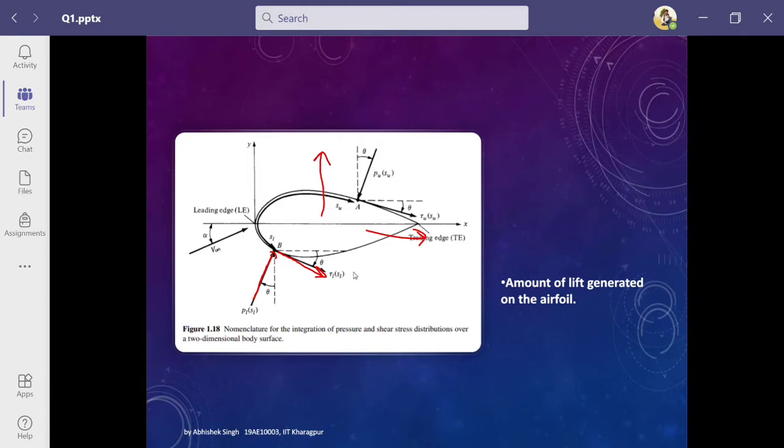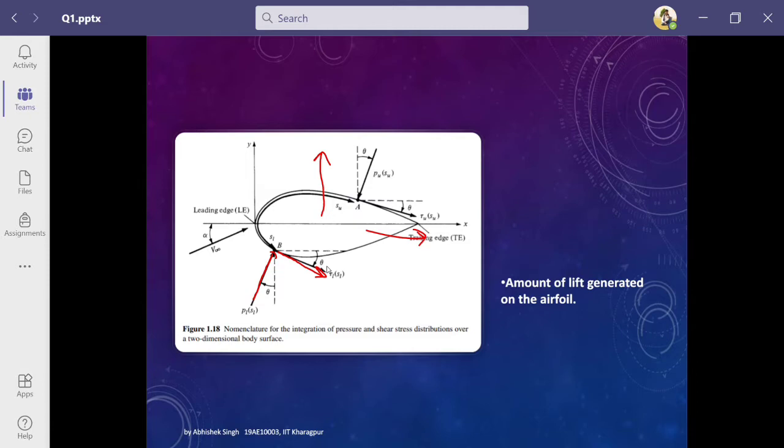But we know that the shear stresses are because of the viscous nature of the fluid. But if I say that in inviscid flow we can't imagine lift, that is, if we don't have these frictions and these shear stresses, we can't imagine the lift on that airfoil. So this sounds a bit confusing, but actually in real life, nature ensures that the flow will leave smoothly at the trailing edge. That is, the viscous boundary layer remains attached to the surface.